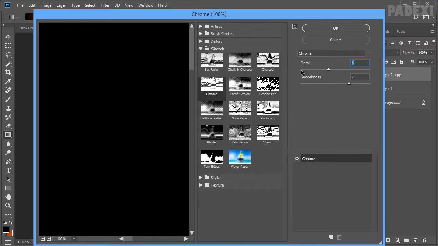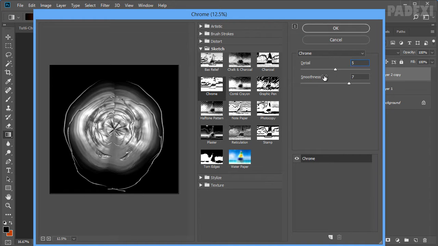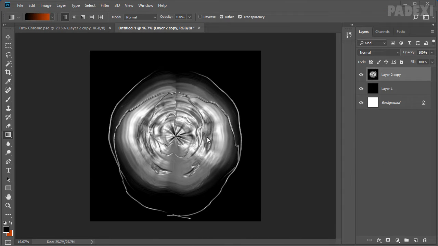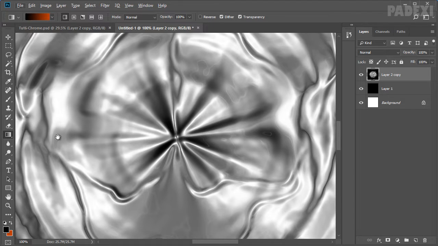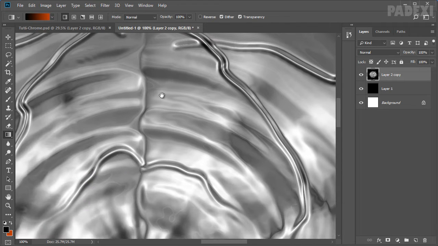Set detailing to 5 and just adjust this zoom level here. So detailing 5 and smoothness to 7, and just go ahead and click OK. All right, press Ctrl 1. So we are getting this nice shine on this design here.